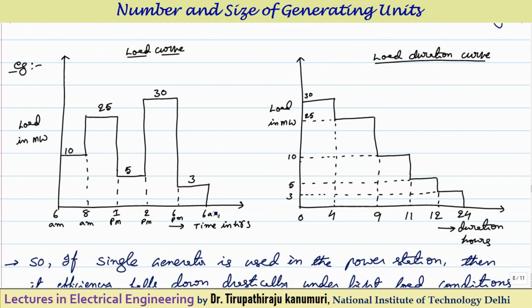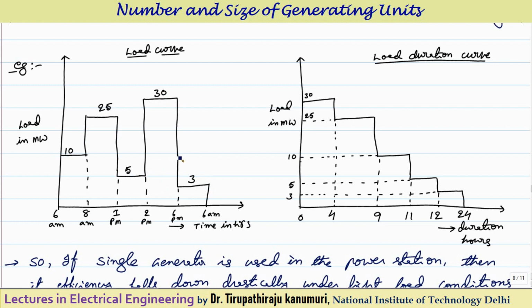So let us take for example, I take a single generator only, and that generator is having a capacity of, let us assume, 30 megawatt, because here the maximum load is equal to 30 megawatt. So generator capacity should be either 30 megawatt or little more than this, depending on what is the percentage of the load at which the maximum efficiency happens. But now you can see, as the load is continuously fluctuating, it is not operating at the condition of maximum efficiency. So automatically it is operating at a lesser efficiency than the maximum efficiency that it can give. So automatically the cost of unit increases because of this.